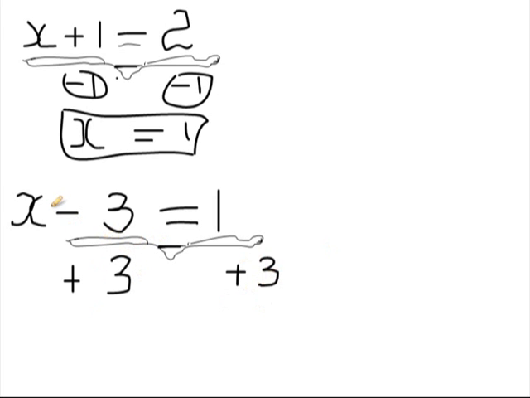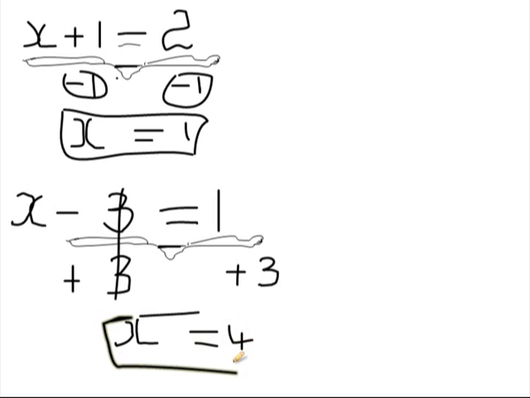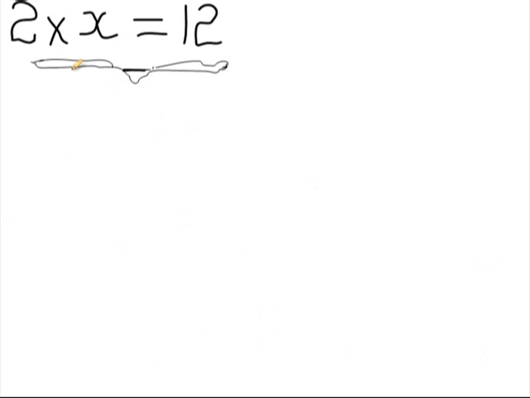So here I cancel the 3, so I end up with x, and 1 plus 3 gives me 4. That gives me 4, and that's it. What about this one? 2 times x equals 12. We know it's 6. We can guess it, but we need a method. So how to cancel? Remember,